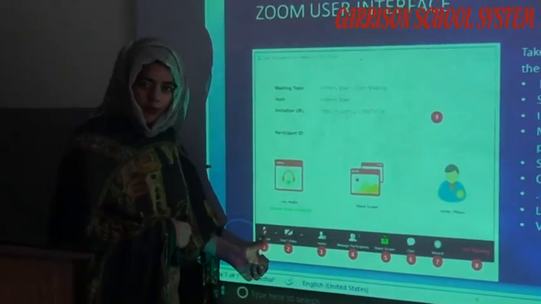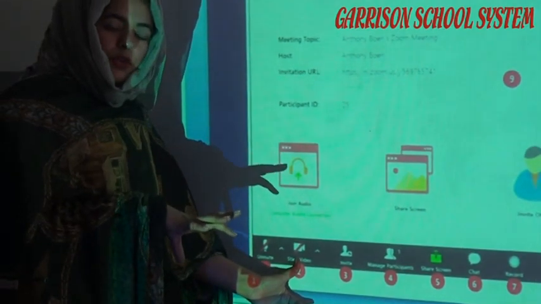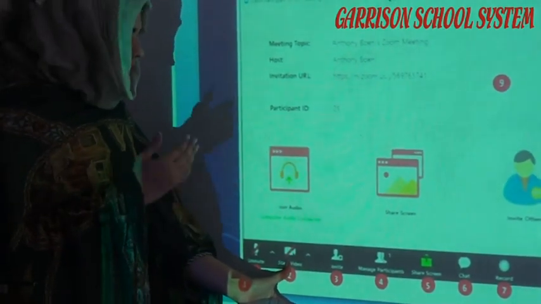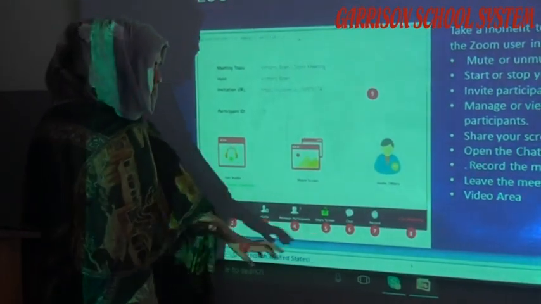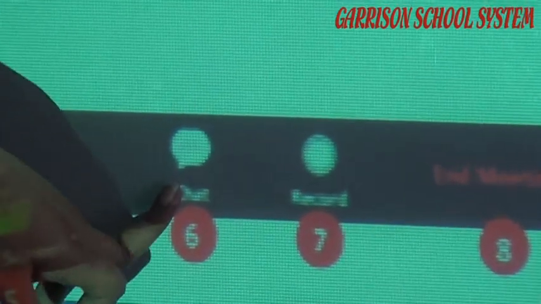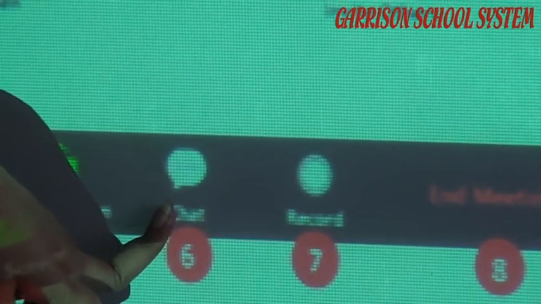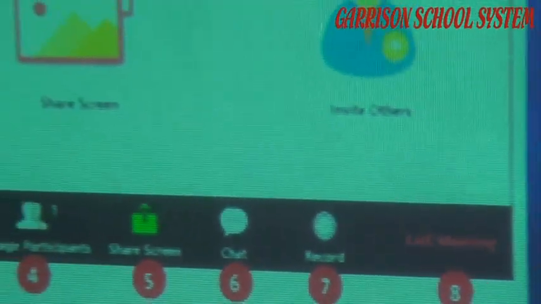Number one, your microphone, that should be muted. Number two, your video, either you prefer to mute it, or you prefer to turn it off, or you turn it on, that depends on you. And this is the last thing, that is called chat box, in which you are going to mark your attendance, plus you are going to tell if you face any kind of problem.